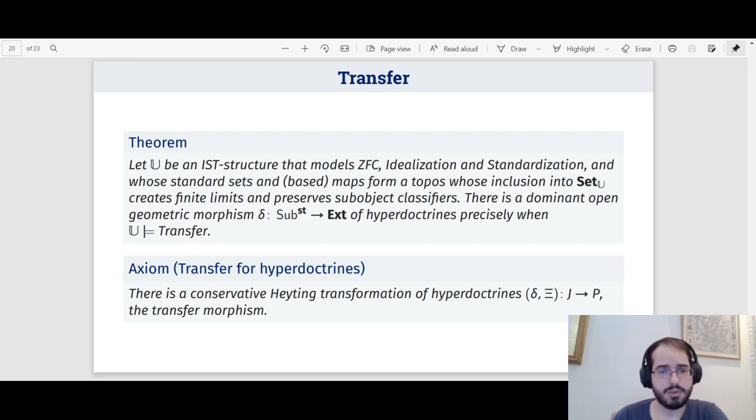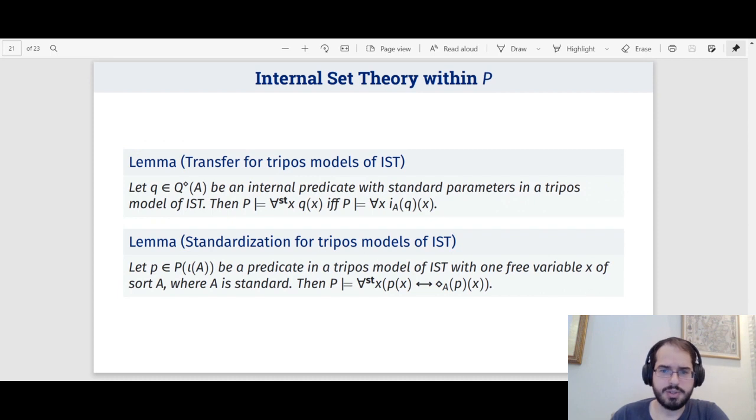So we might say that transfer corresponds to the existence of a conservative Heyting transformation of hyperdoctrines. And I'm not saying dominant due to some particularities of the set theory making it be dominant rather than just conservative. We don't actually need dominance in general. So the reason why this is good is because there is a translation that can be done,